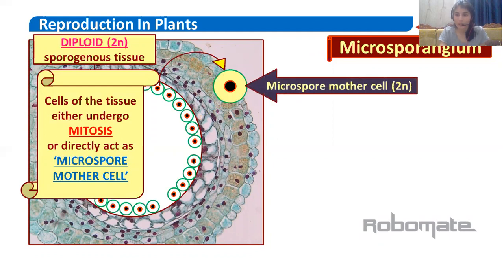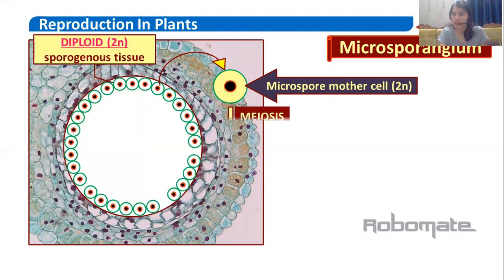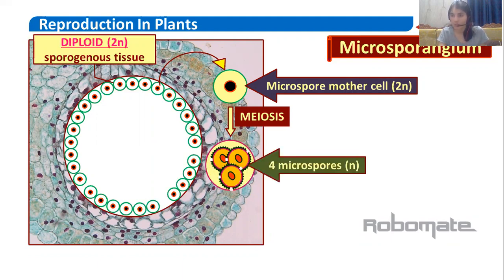we are taking one microspore mother cell. This is diploid. I've already told you, the name tells us that it's going to be diploid. Now this microspore mother cell is undergoing a process named meiosis. And what is meiosis? It's a reductional cell division. So what will happen here? It will produce microspores. And it is obvious that since it is undergoing meiosis, the microspores will be haploid. So microspore mother cells undergo meiosis, producing microspores.